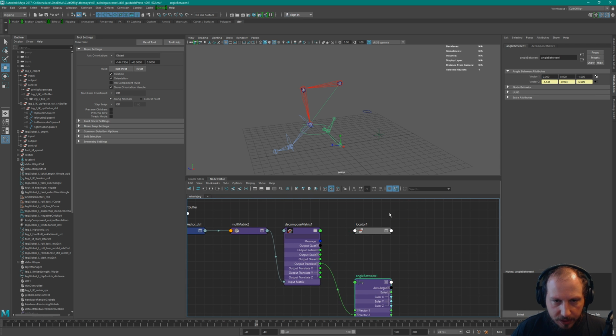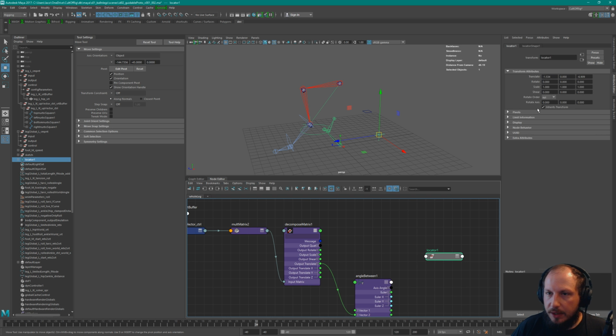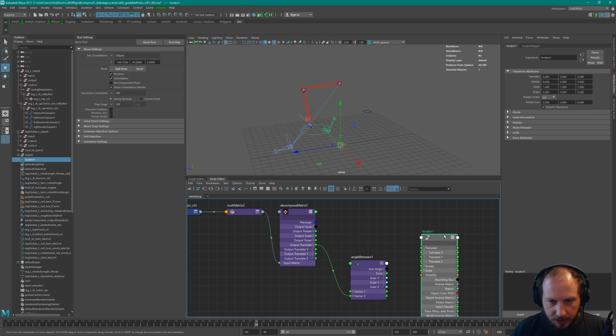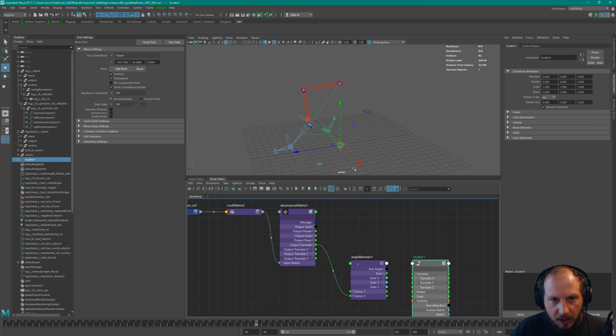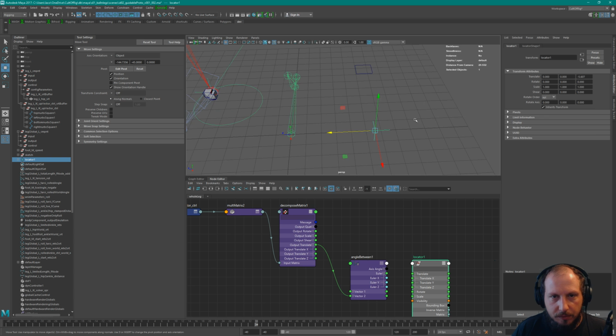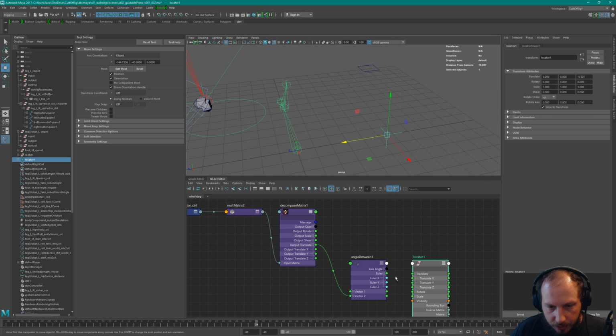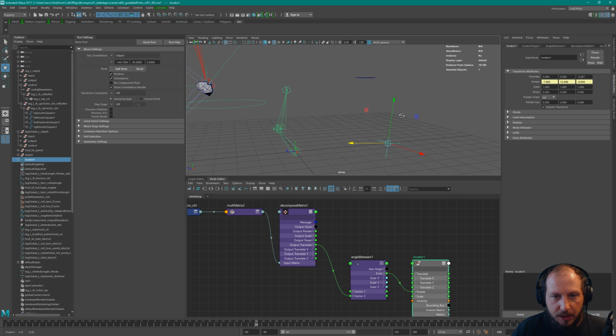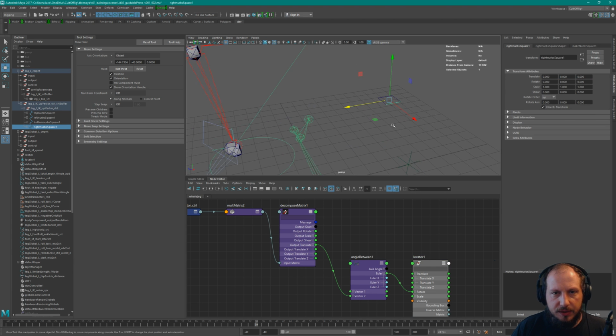So again, let's cut these out. And let's do that. And let's see what we get. I would expect these to now, we can actually move it somewhere else. And I should use more of these objects really, but whatever. Bear with me. We should now be able to connect the rotate of these, and now it's giving us